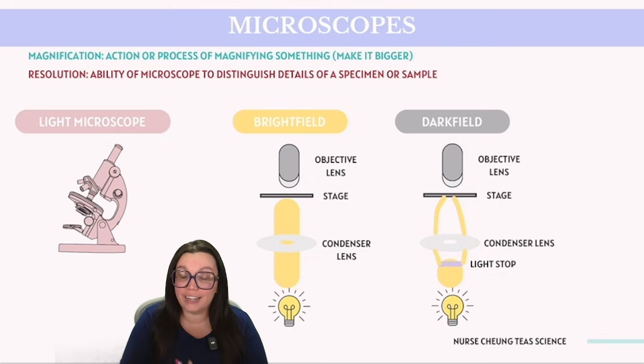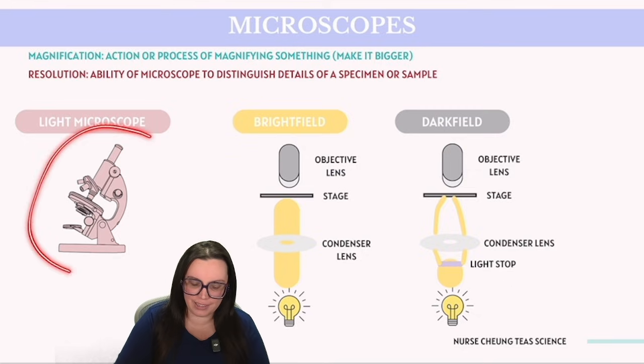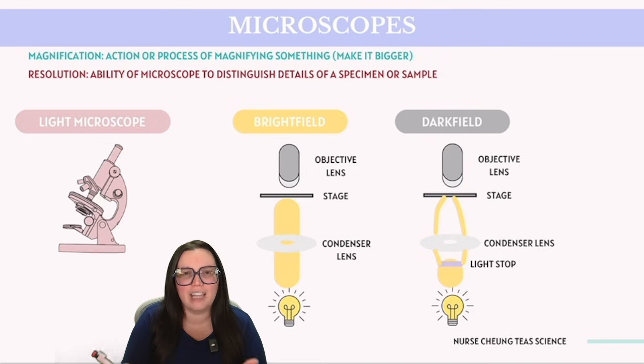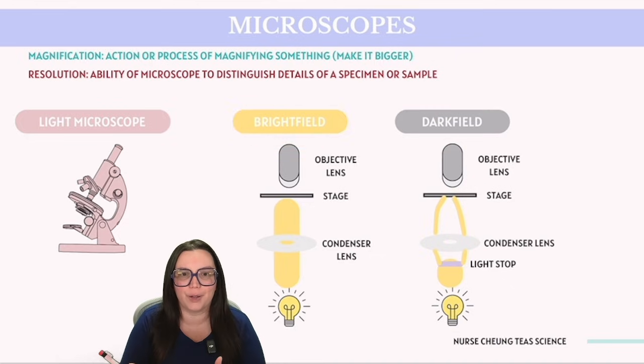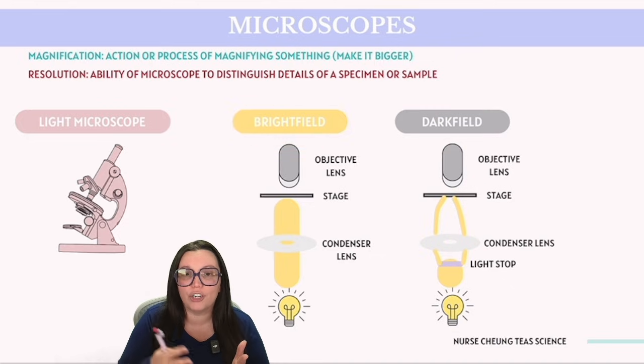Let's explore various types of microscopes, each designed with both magnification and resolution in mind to effectively visualize and study specimens. First up, we have the light microscope, which is the type of microscope you typically see in biology classroom settings. As the name suggests, these microscopes utilize light to visualize specimens. The most common type of light microscope is the bright field light microscope, which typically displays a darker image against